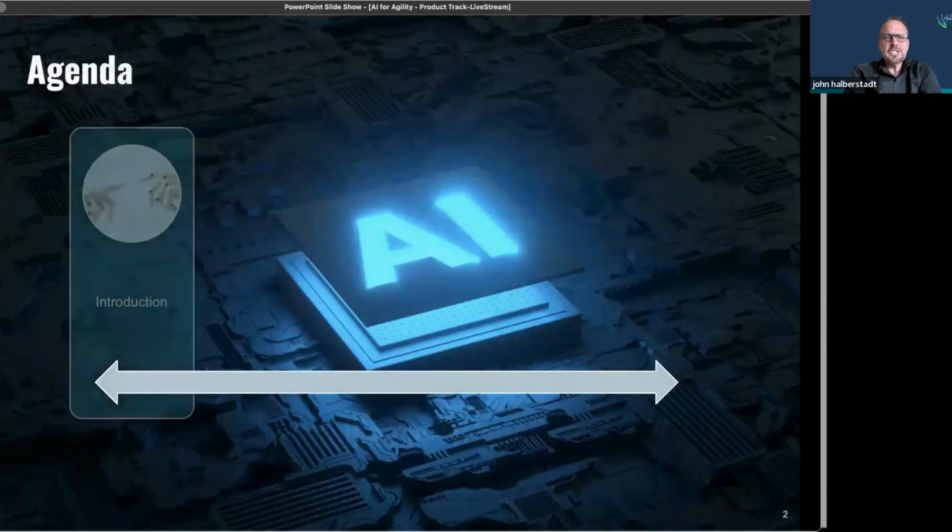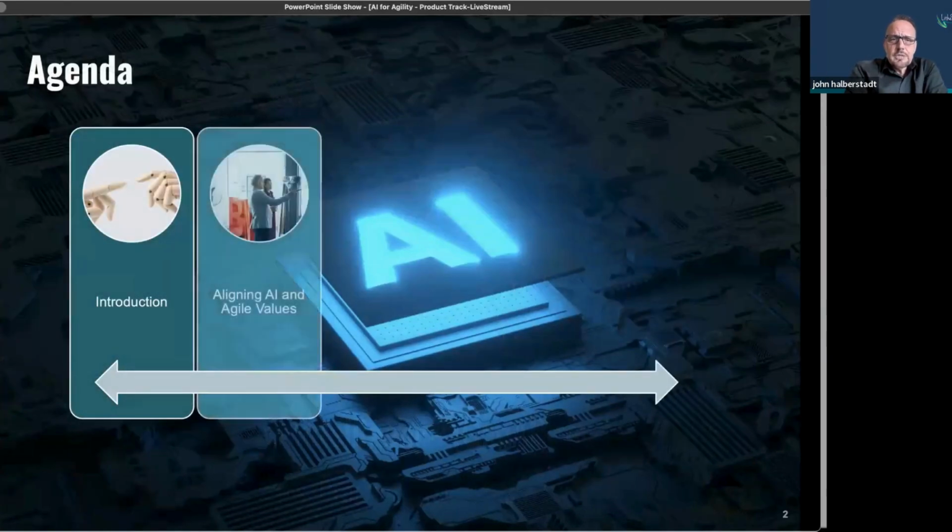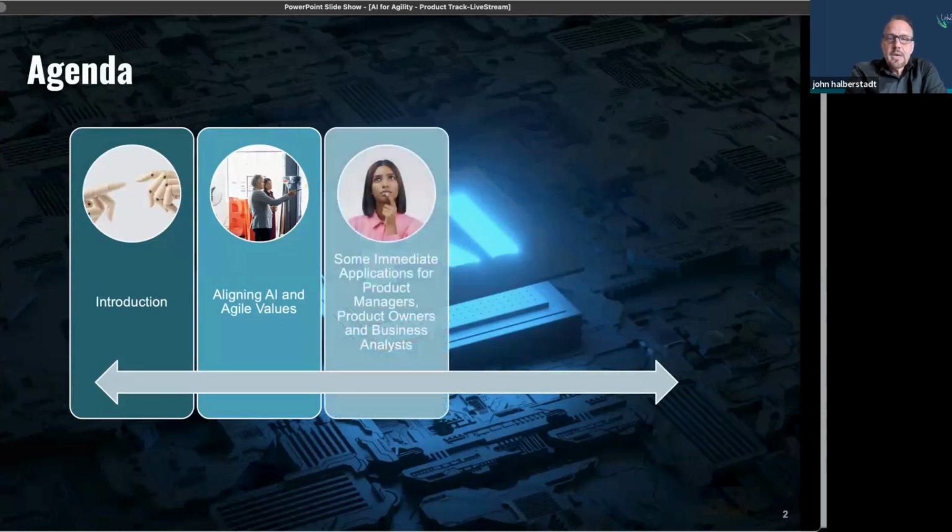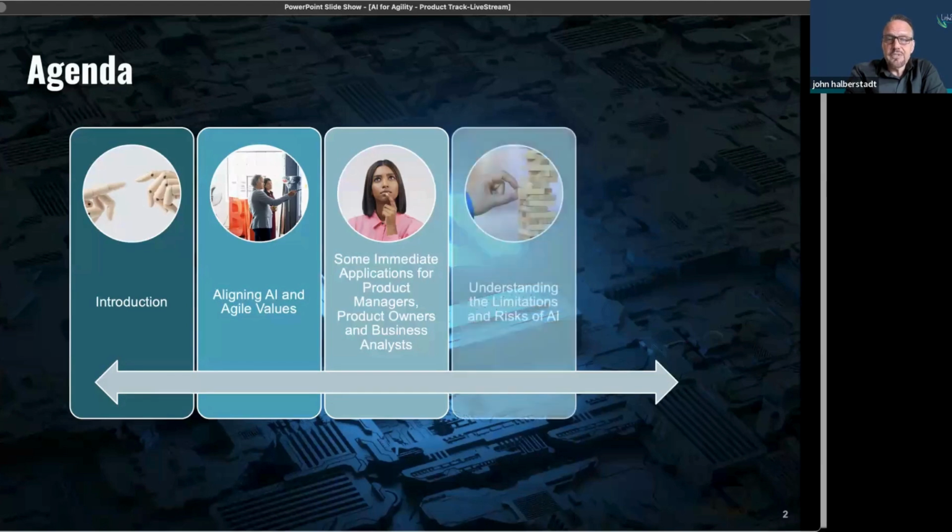So today's agenda, very quick introduction. Then we'll talk about aligning AI and Agile values. Those are two things, obviously, that we all care greatly about. How do we connect those two things together? Then again, the real gist of this conversation is how can we use these tools today for some common needs, some common use cases, some common scenarios that those of us in the product world have that we need to do, and how Gen AI can help us.